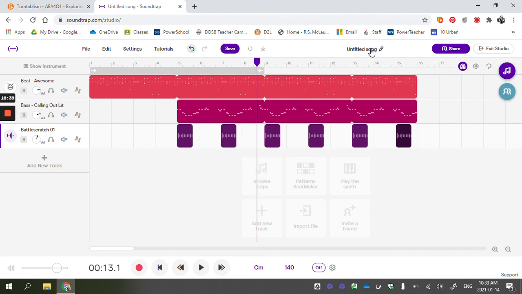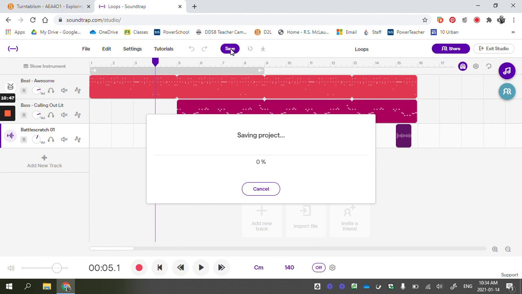So I'm going to call this here my loop. My loops. Let's try that. And I want to save it. So it'll save it. And it's going to take a while. So I want you to experiment with that. Now, when that's done saving,